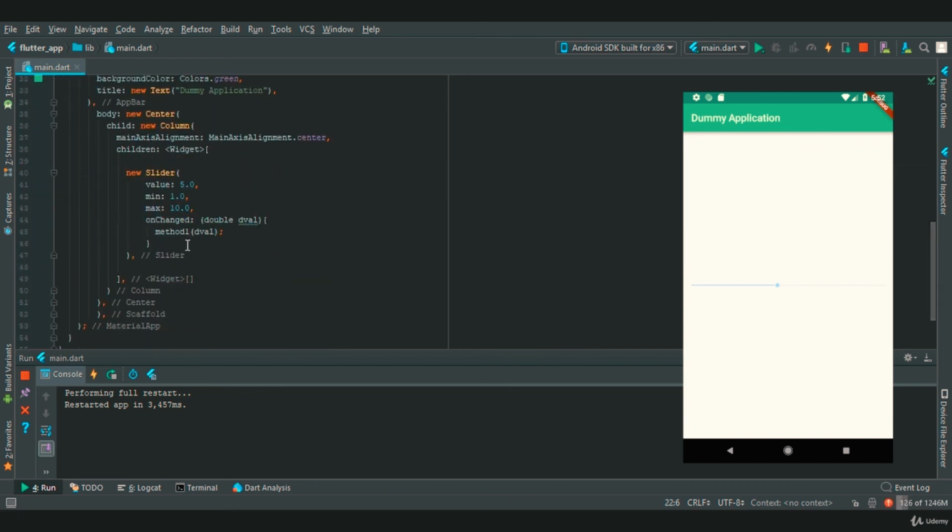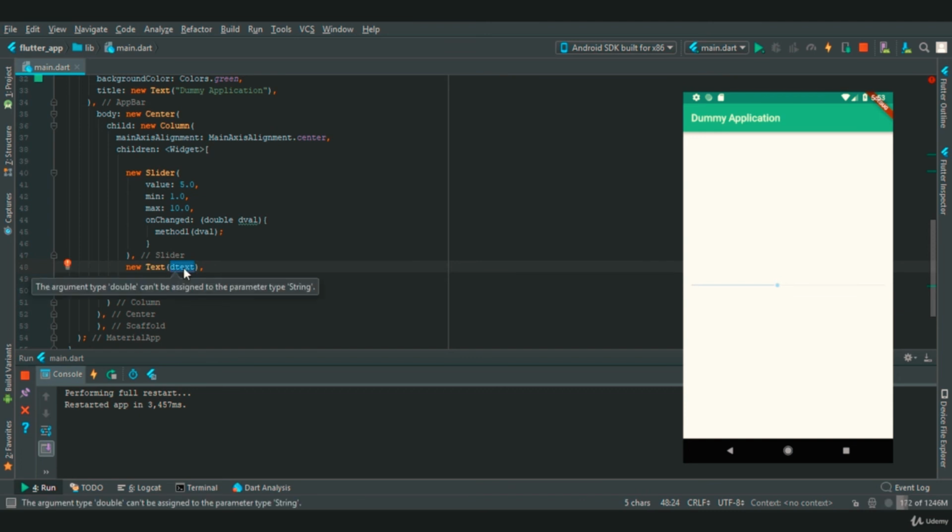So let's create a Text. Let's say new Text, and let's provide dtext. As you can see, it's giving me an error right now, which is the argument type double can't be assigned to a parameter type string. The value in the Text is a string, but the value that we are providing is a double.